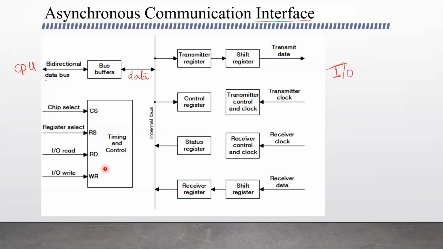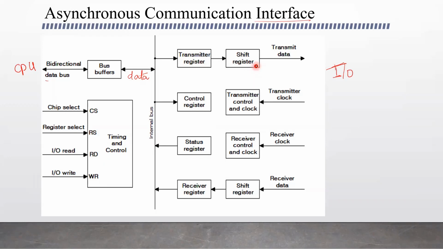So the register is selected as the CPU selects the transmitter register and places the data. Before that, it checks the status register. If the transmitter register is free, it transmits the data through the data bus to the register, and it is shifted serially to the shift register, adding the start bit and stop bits.